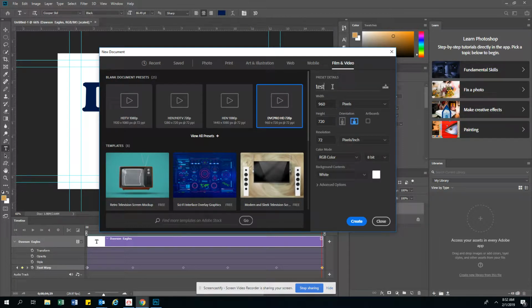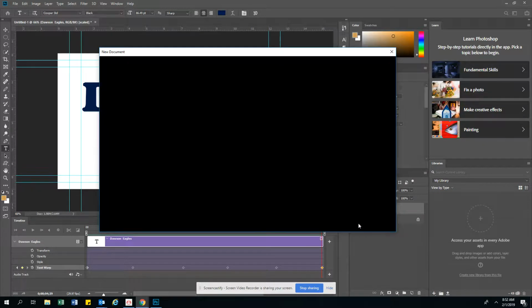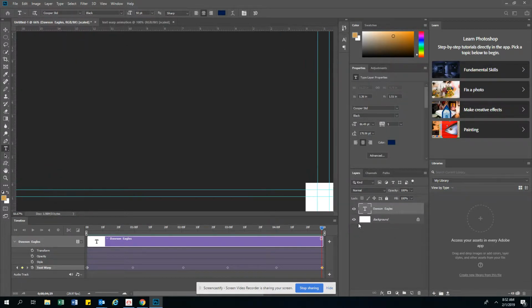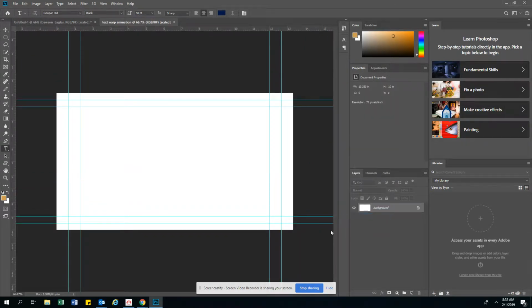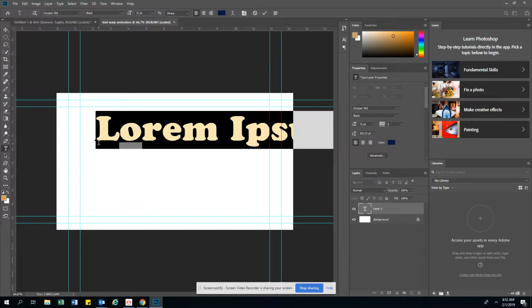Call it Text Warp Animation, and then hit Create. Yours may or may not come up with the timeline, so I'm going to get rid of that just so we're on the same page. I'm going to use the type tool. Up here, I've got it set at the biggest type possible, and I'm going to type